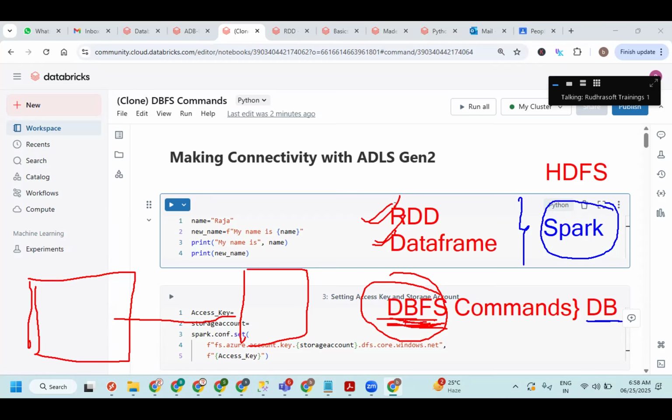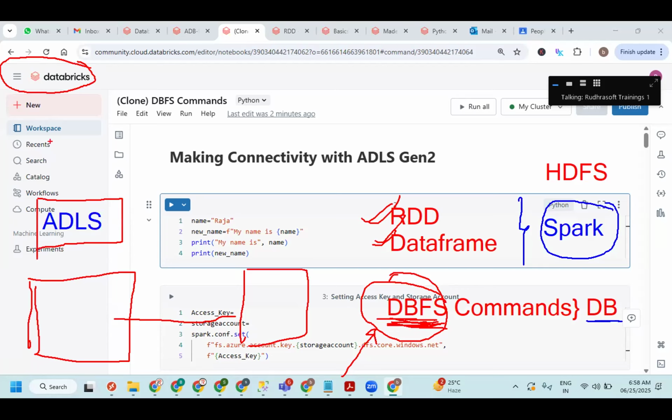Basically, DBFS directly works with the Databricks file system. Databricks itself is going to have its own file system by default. When you create a Databricks workspace, or when we have Azure Databricks, it's going to have a default file system, that is the Databricks file system. If you want to deal with the Databricks file system, we can deal with that. I'll show that. And if I wanted to deal with the ADLS, because my landing zone is an ADLS,